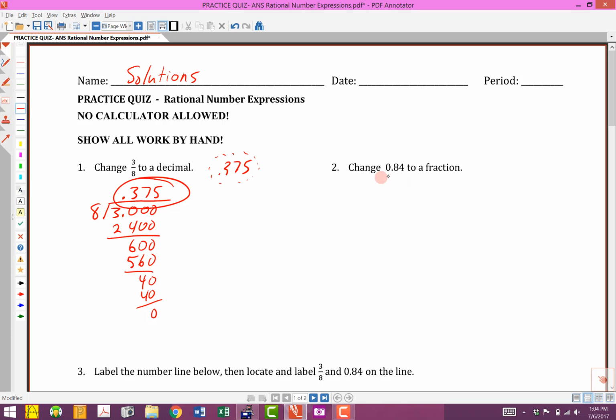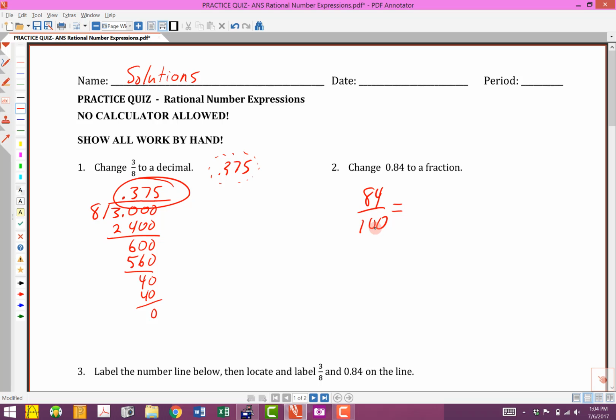This one's a little bit easier, changing from a decimal to fraction form. Again, all we need to do is say this the right way. This is 84 hundredths, so this is 84/100. Now we've successfully changed that to a fraction, but we want to write it in simplest form. So we'll notice that